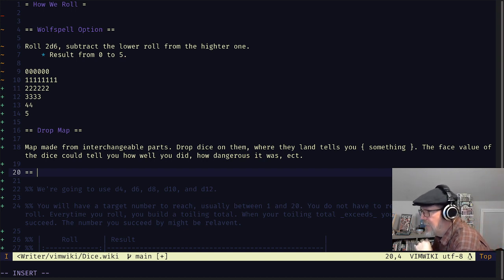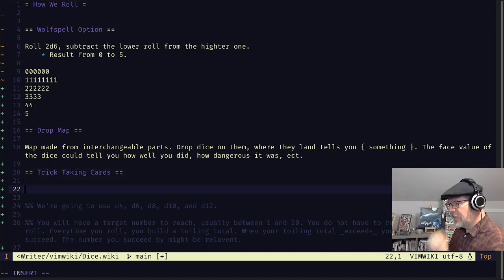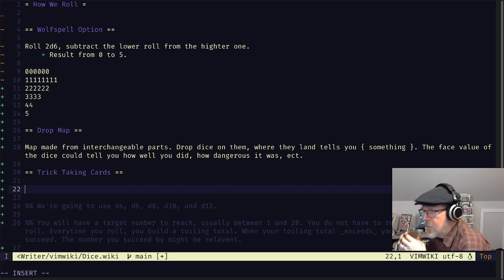I don't think it would actually work for what we're doing, but there's something about trick-taking games, in particular, ones like Whist or Bridge, or if you've played, I'm blanking on the name of it.